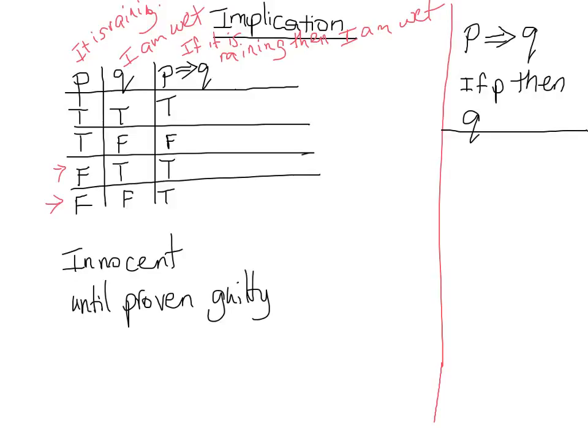So the only thing that you can ever prove false is if you have true first and false second. TF is the only thing that can be proven as false. So that's the only implication that can be proven as false. So that is good to know. And remember,